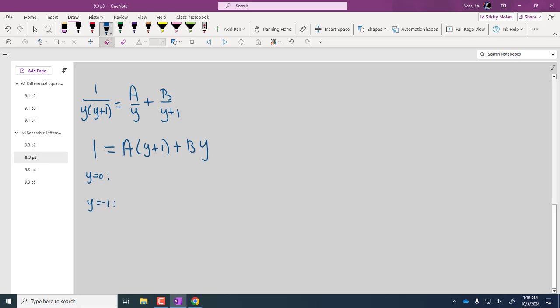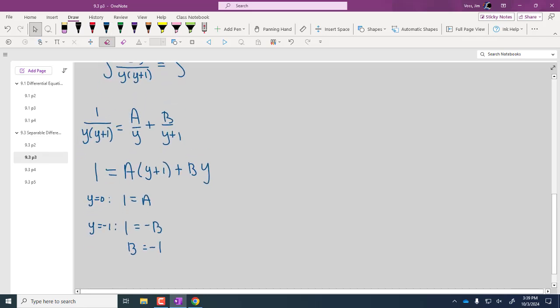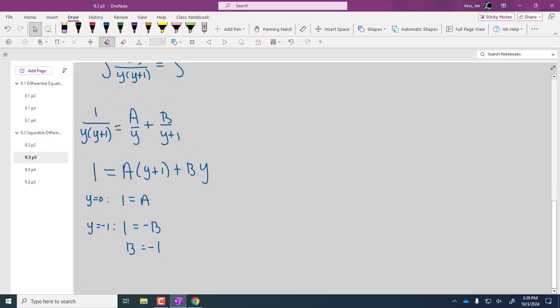If we plug in 0 across the board here, the left is 1. When we plug in 0 for y, we get A on the right here. If we plug in -1, the left-hand side is still 1. Now that's 0, so that's going to be negative B. So we'll get B is equal to -1. Is that tracking? So that tells us that